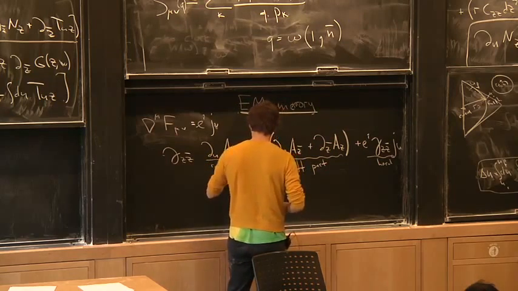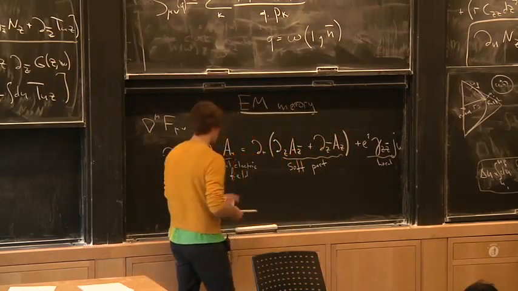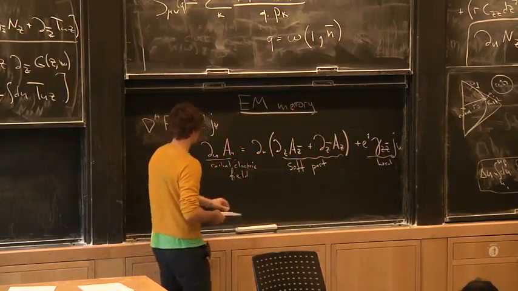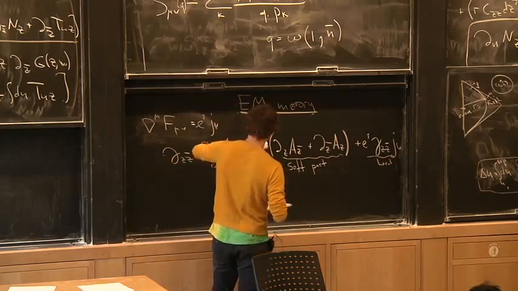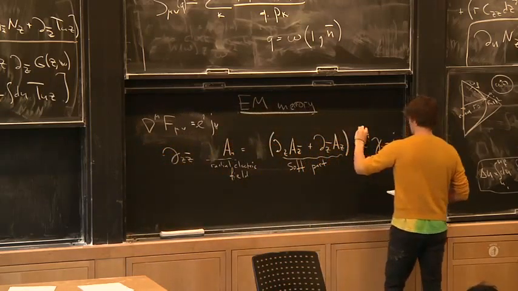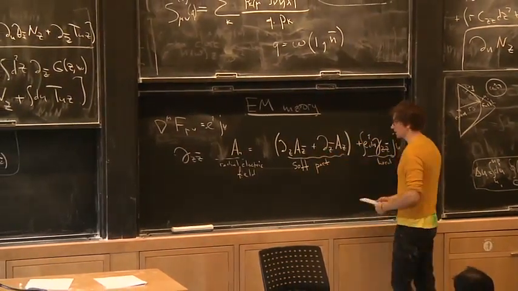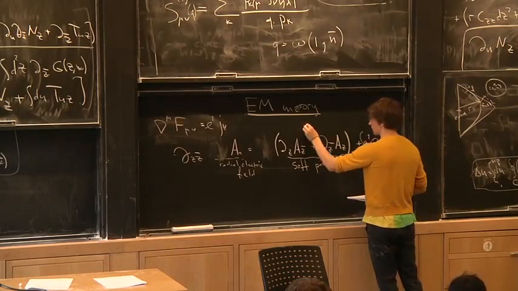All these memory formulas relate the soft part to the hard part. You can integrate this with respect to u. And now, recalling that this is related to this large gauge transformation,